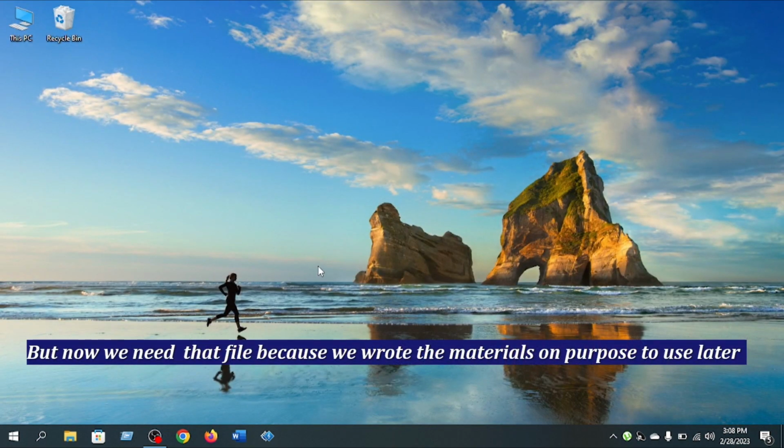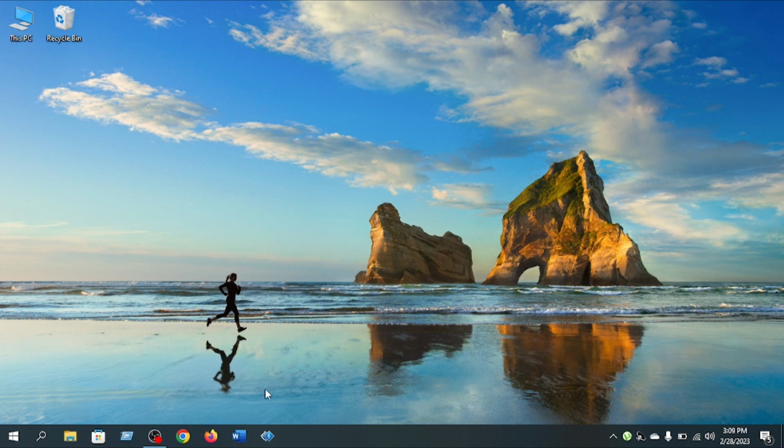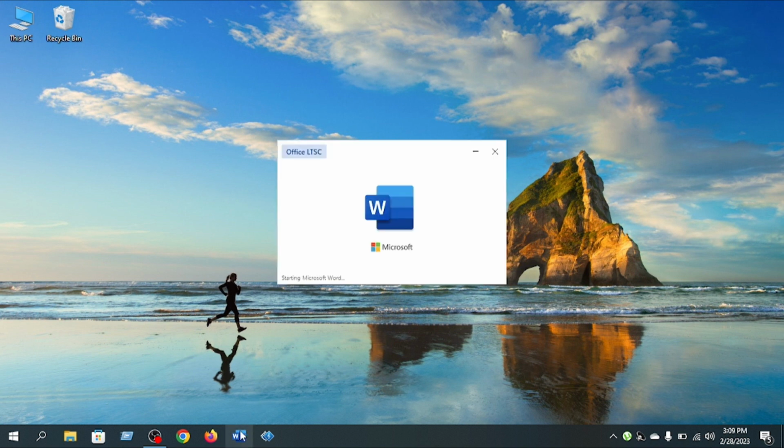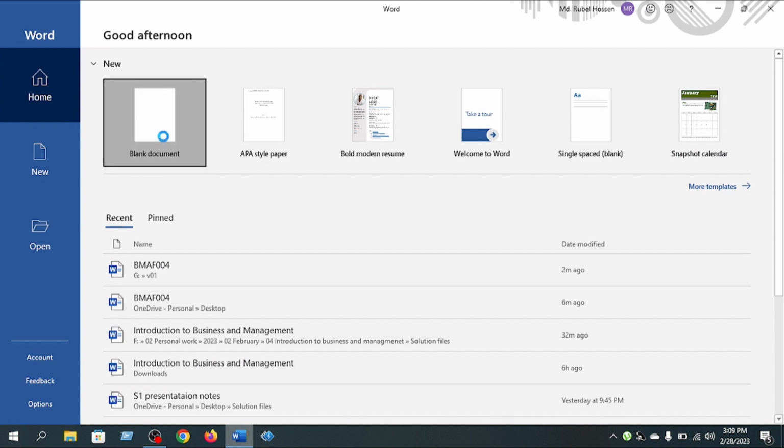But now we need that file because we wrote the materials on purpose to use later. This document is called an unsaved file. So let's recover or get back the unsaved file. Open a Word document file again and again click on blank document,